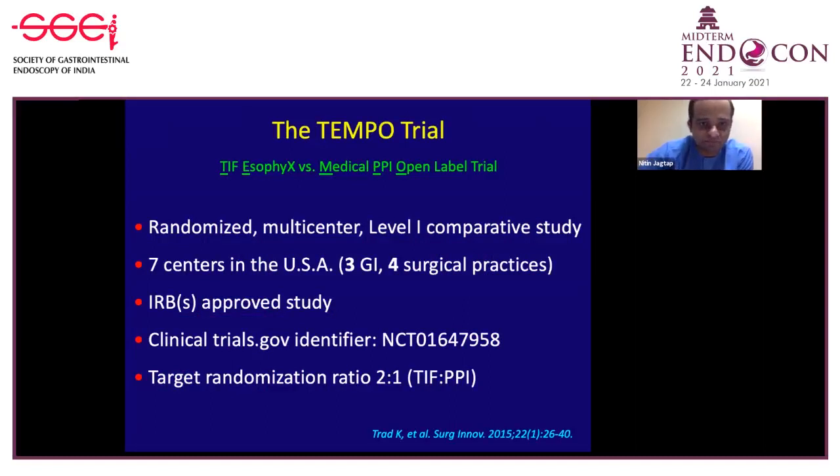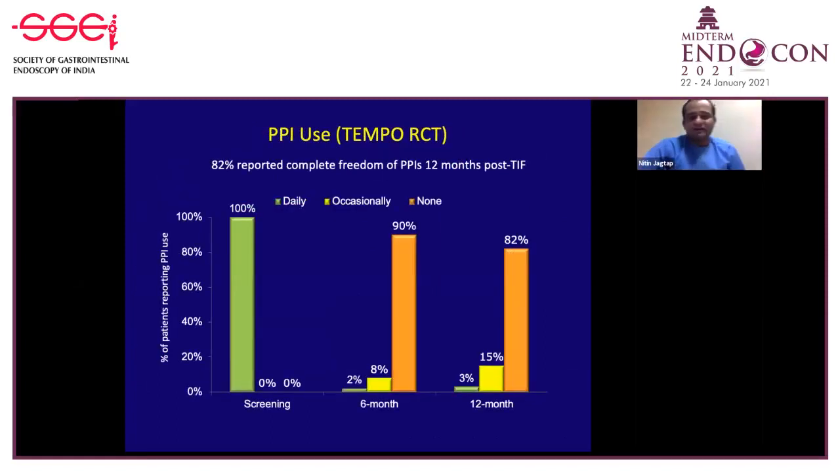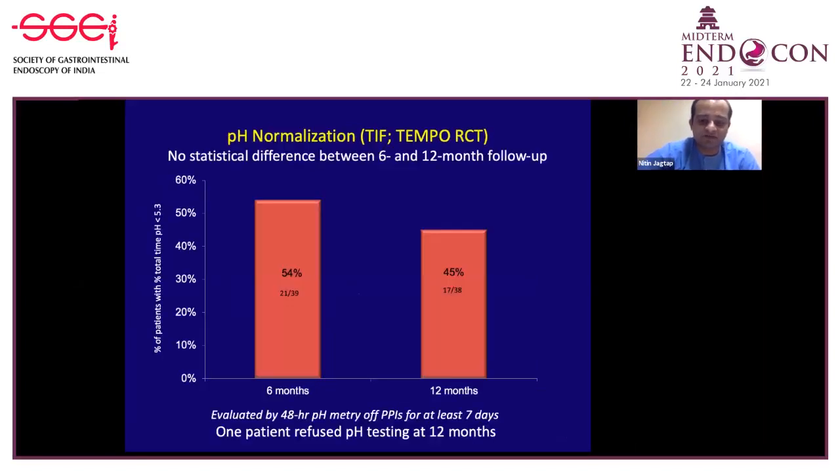One of them is this TEMPO trial, in which EsophyX TIF was compared with open label PPI therapy, conducted at 7 centers with a 2:1 randomization ratio. And you can see there is significant improvement in heartburn at 6 months and 12 months. Also, 82% of patients reported complete discontinuation of PPI post-TIF at 12 months. However, when we study the objective parameter in pH-metry, there is no statistically significant difference of pH normalization at 6 months